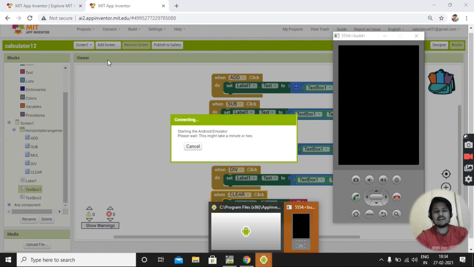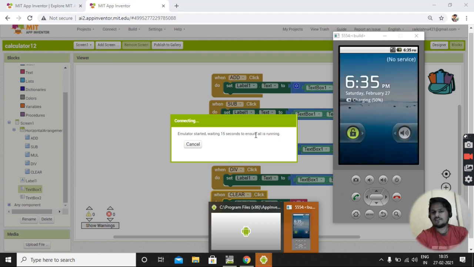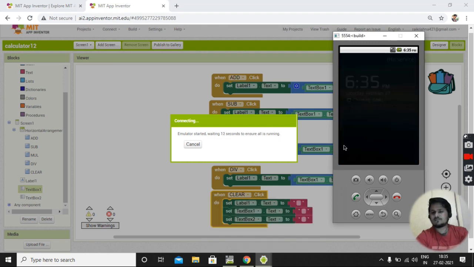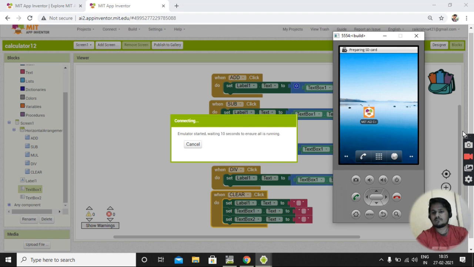So you can see guys, this is a very simple software, and using this software you can make your own app by just dragging and dropping the blocks. The emulator has started. Now wait a few seconds.